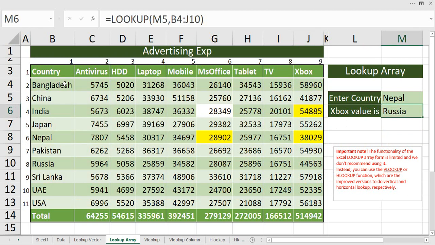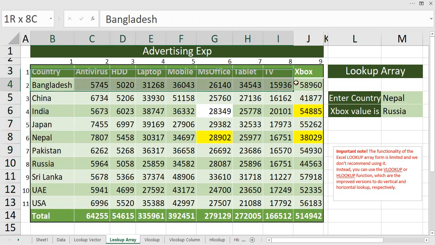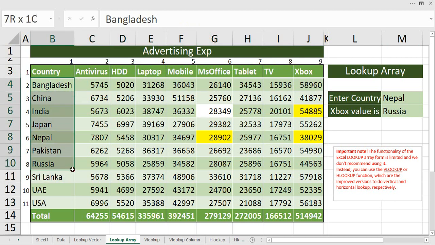See, in the previous case, when we were working, our number of rows and the number of columns were different, right? In that, the number of rows was 10 and the number of columns was comparatively lesser. So your function was working fine. But in the second scenario, I have just changed it to fewer rows and more columns. And in this scenario, your lookup function works in a different way.